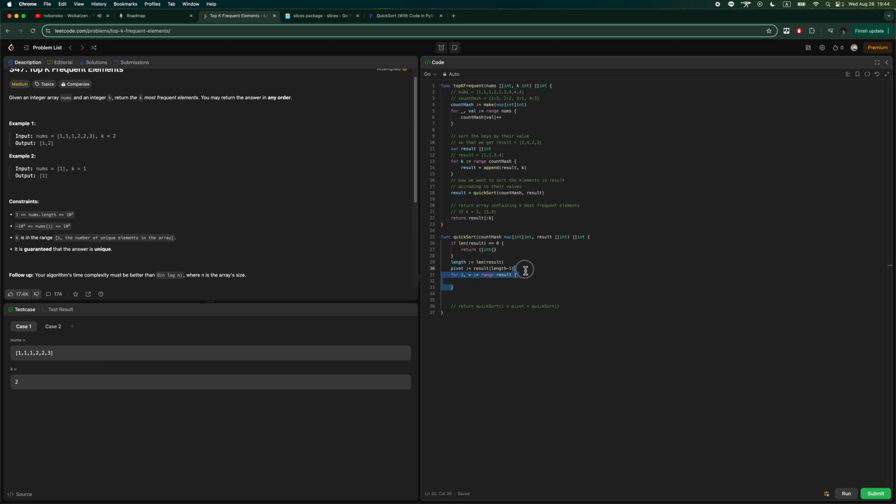What I'm thinking probably would work would be to just do for i = 0, i less than length of result, i plus plus, for j = 0, j less than length of result, j plus plus, whatever, right? If